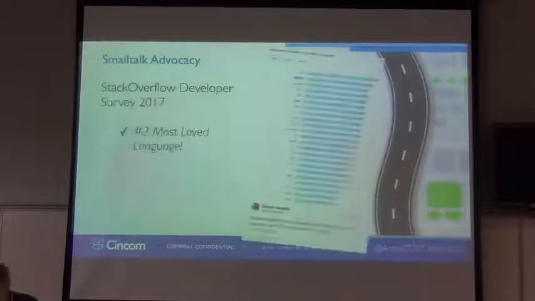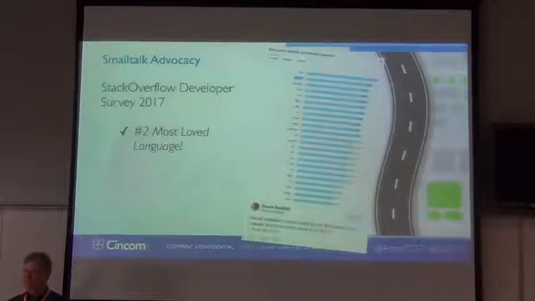So in 2017, we got the word out as soon as we possibly could. We had more participation, and by this year, it was over 60,000 participants for this survey. 60,000, so that's more than double what it was 2 years prior to that. So it's been growing, has a big reach. And the nice thing was that out of most loved languages, Smalltalk got number 2 on the most loved language, reaching out to over 60,000 developers worldwide.